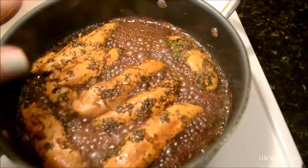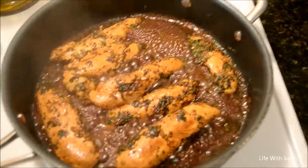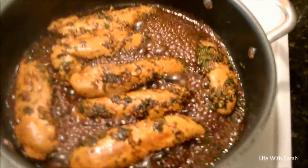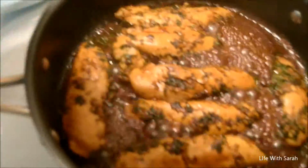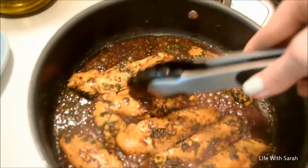You do not want to just end it like this. I cook this until all the liquid is gone. I don't tear the chicken apart or anything. I leave it just like this. Anyways, we're gonna let this keep simmering until